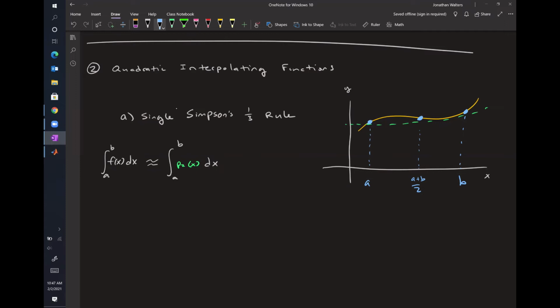So that would be our quadratic interpolating polynomial. So P2 of x, I'll write it out, but I won't go through the whole integration like we did last time. P2 of x is equal to f of a plus f of b minus f of a over b minus a times x minus a, plus, now that complicated coefficient that we had last time was f of b,